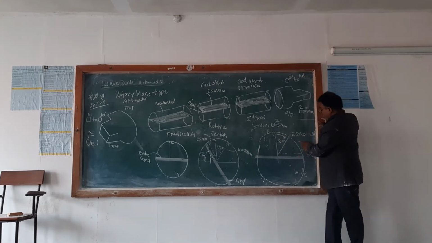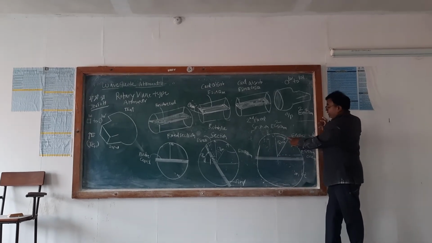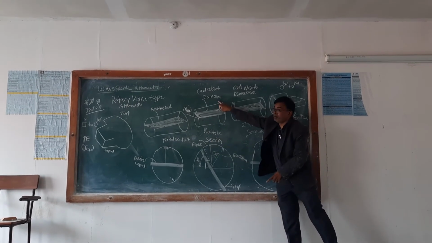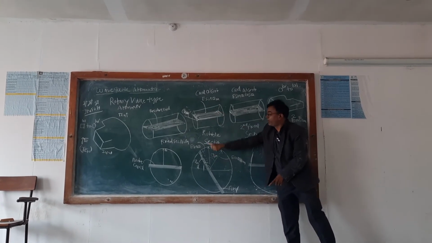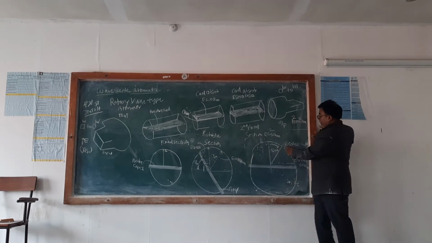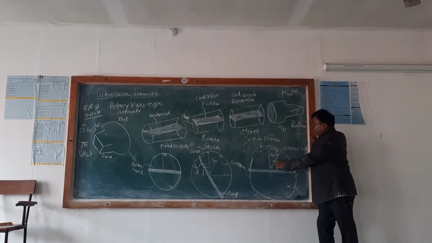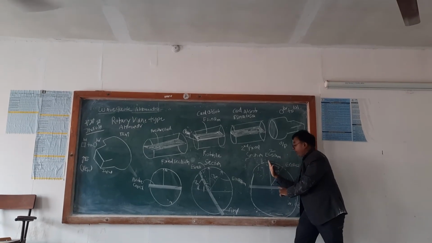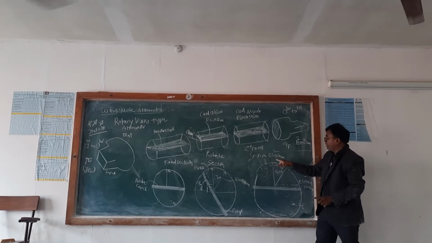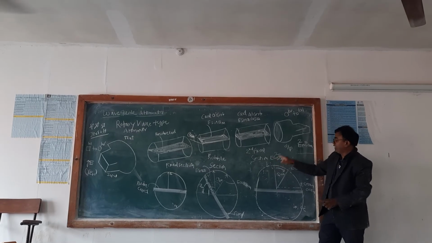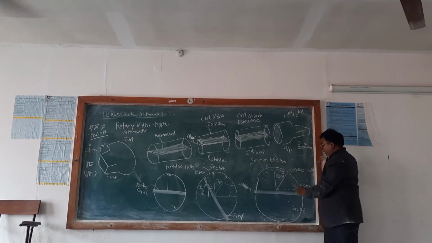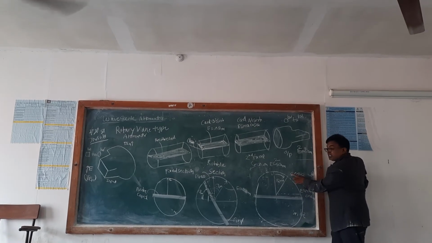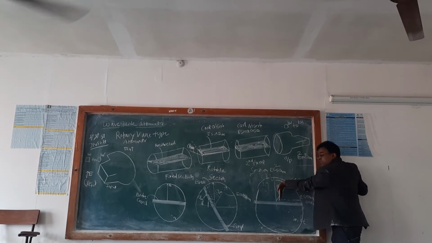So what is happening? The electric field initially was E. Then E sin theta m is absorbed here, but E cos theta m is passed. So now this horizontal component becomes E cos theta m. E cos theta m gives E into cos square theta m, and this becomes E sin theta m into cos theta m, because this is cos theta, this becomes sin, and this becomes cos.